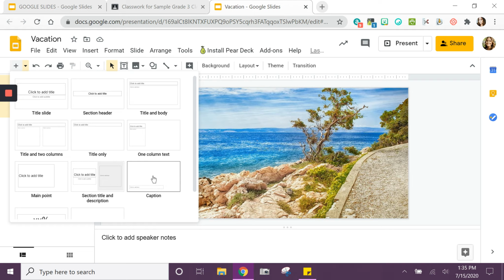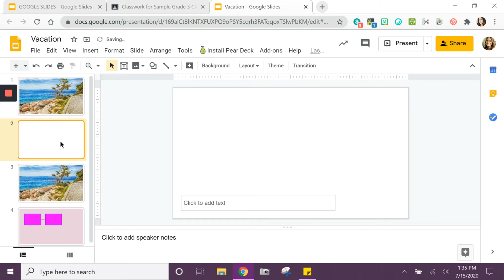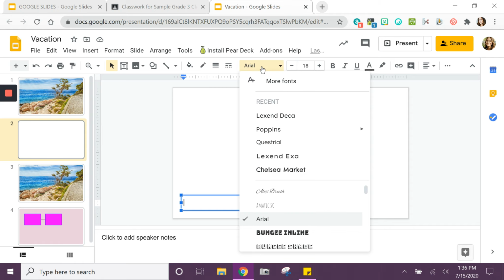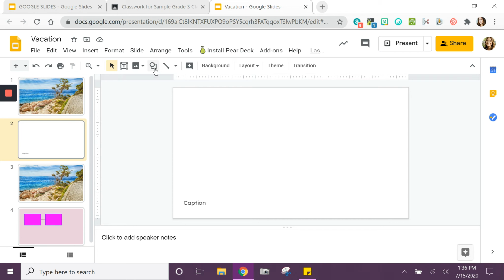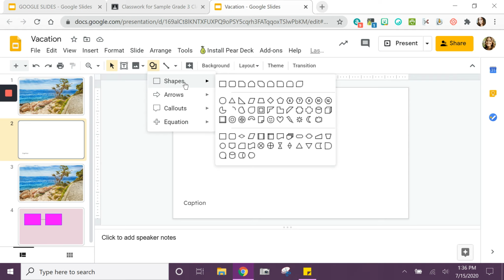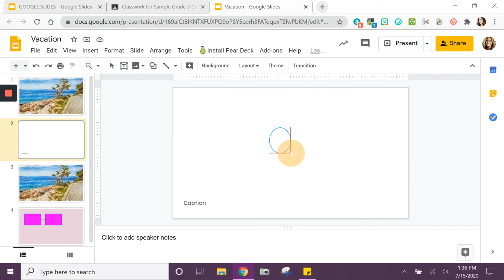a slide with a caption. So now I've got this and it's a blank background, so I can click in here to add a caption. Use my Lexend Deca. So you can describe what's going on this page. Okay, so I can again come in here, use my tools, make a circle,